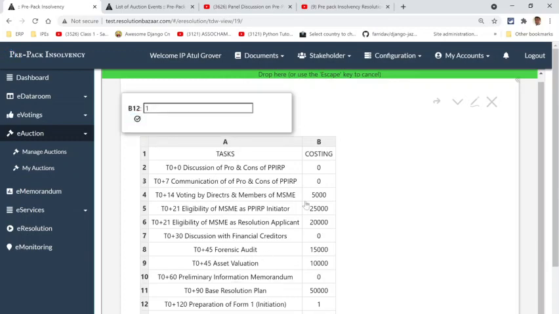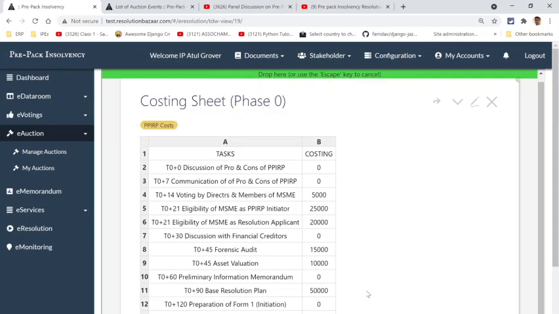Not that we will obviously have all these things, but whatever things we can produce at this stage, we should have. And the same person who's making your base resolution plan should also be able to look at the Form A requirements, and assuming that is the same person and he's able to do it in the same fees, this will also not cost you anything.